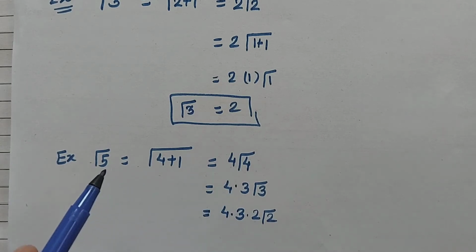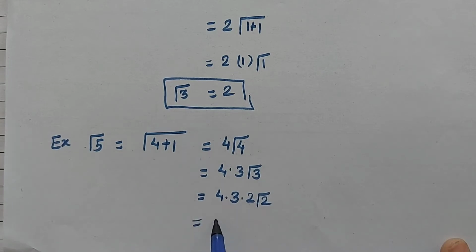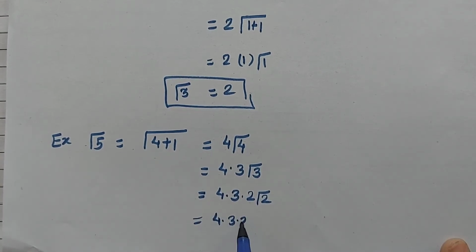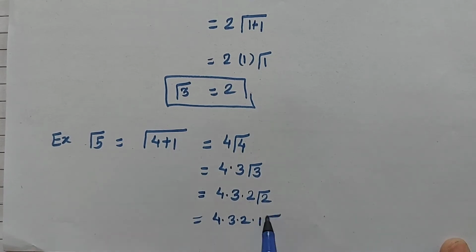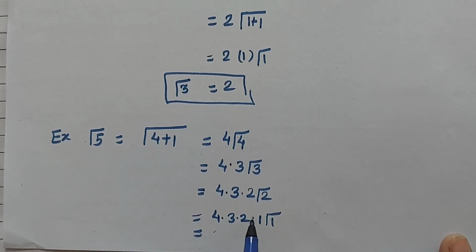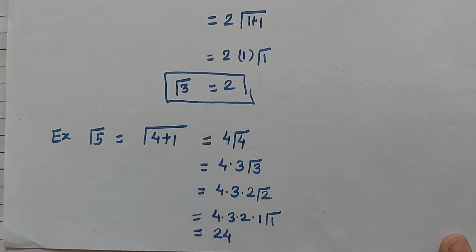One by one we are reducing the integer, and here 2 we can write as 1 plus 1, that is 1 gamma of 1. Here gamma of 1 is 1. So the value is 4 factorial, that is nothing but 24.